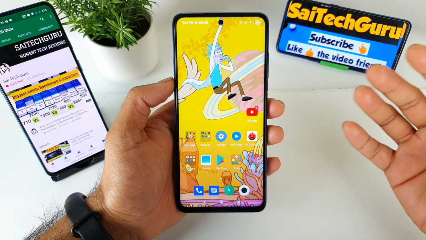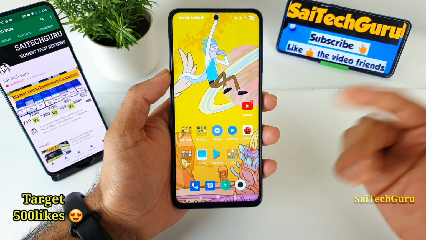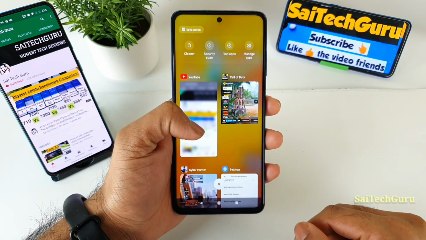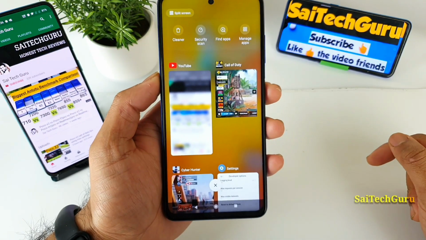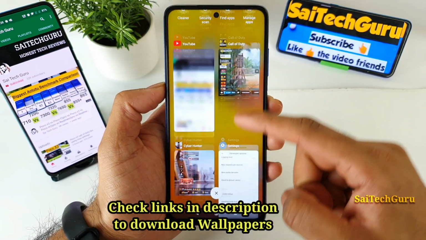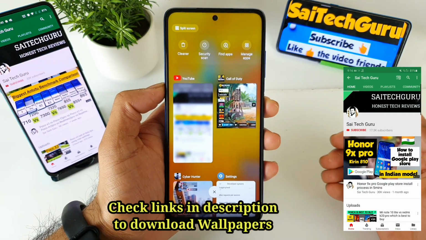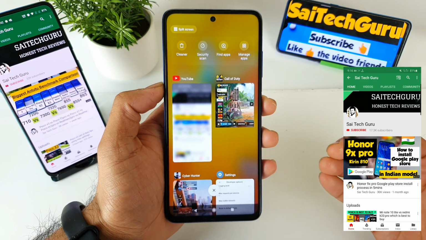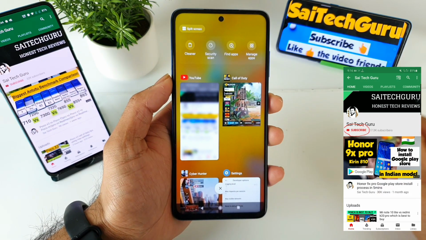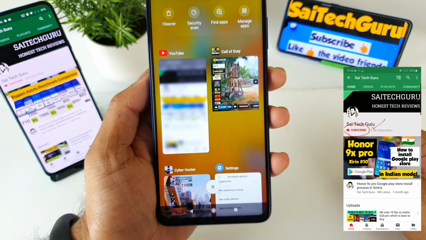In this video, I'll be covering a topic related to how to blur the applications in the multitasking tray. As you can see here, it is the multitasking view with all the applications, and a few users, due to privacy concerns, want to blur a particular application similarly from the multitasking.